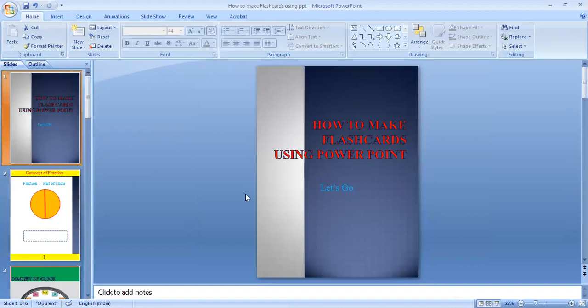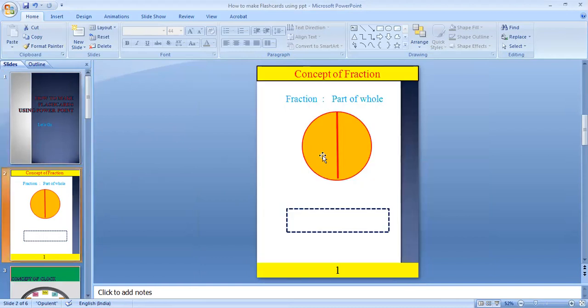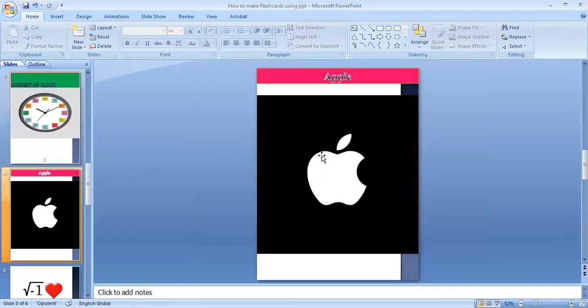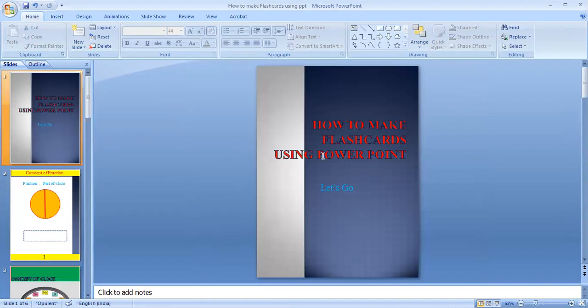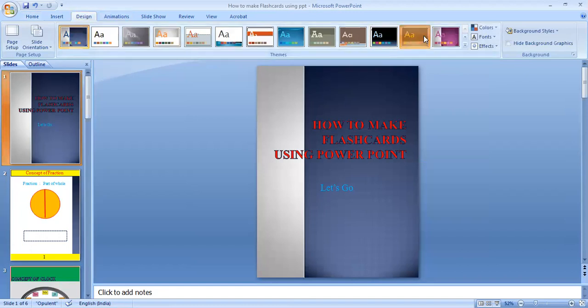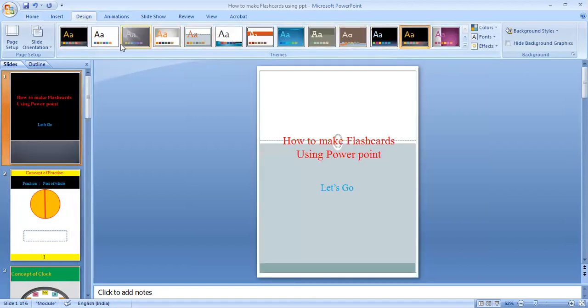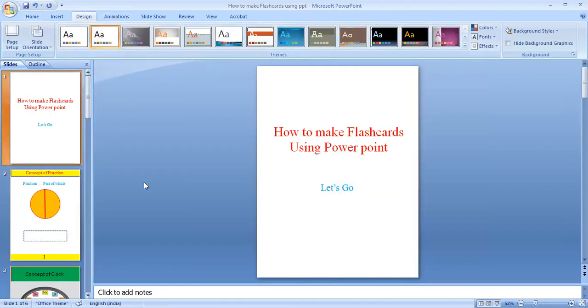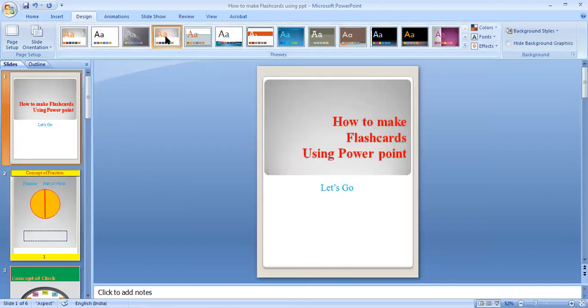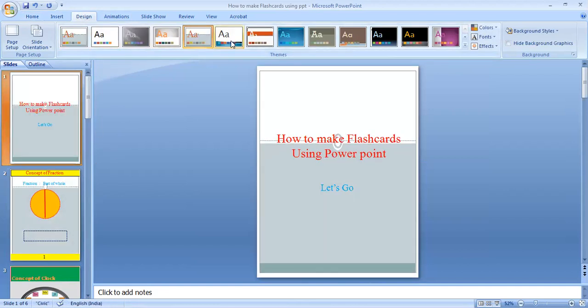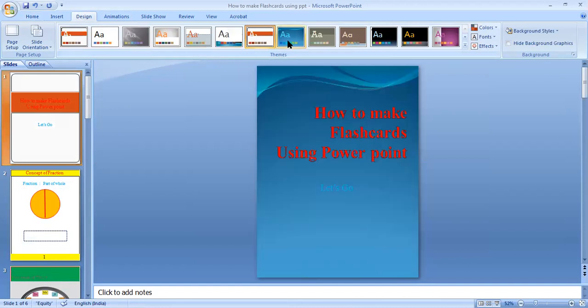When I change the orientation of the slide, or here I can select a different one, we can easily change it. Here I change this background also by clicking the design logo. For example, I can change this one, my original. Here you can see, if I select a different one, the background is changed according to the design.